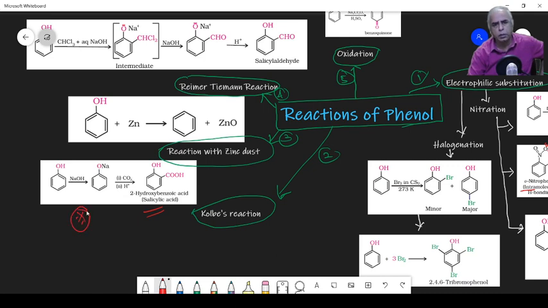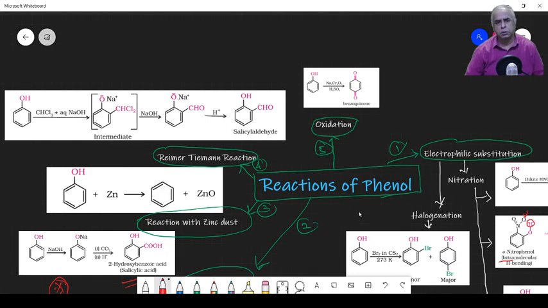Okay, right. Now let us move to the reaction of phenol with zinc dust. Here dehydroxylation takes place and zinc undergoes oxidation to become zinc oxide. So the hydroxyl group is completely removed, and you are able to get benzene. So this is also a very important reaction, and that will be useful in organic problems. Then